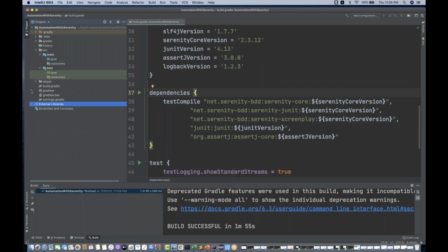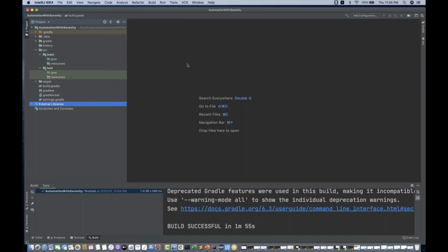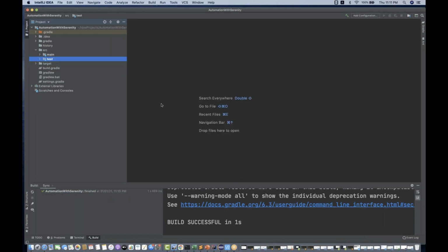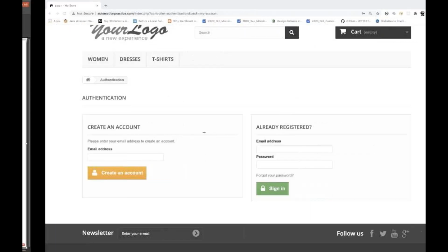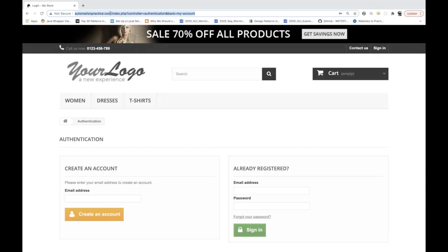After that, what you just need to do, just close everything, close this particular build.gradle also. That's okay. So now we have to pick one application so that we can start writing a page and test and a step over here. So let's see, I'm going to pick this particular application, this automationpractice.com. I'm already on the sign in page, and we will launch this particular URL, and then we will try to